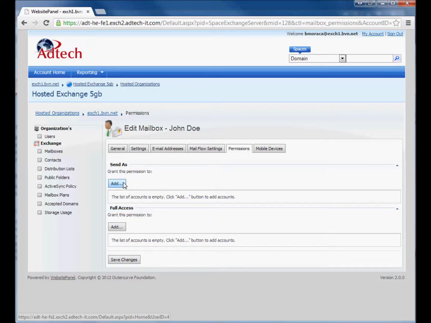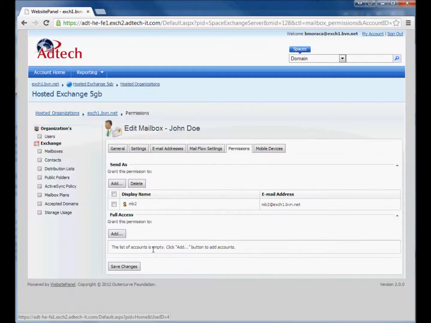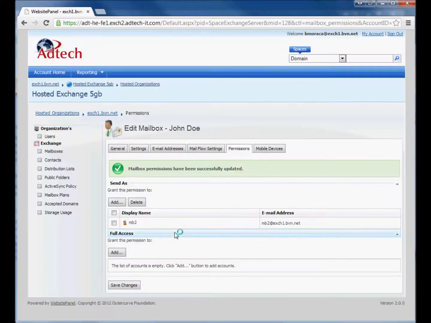To add the ability for another user to send as this particular mailbox, you'll click Add and then choose the users from the list. So let's add MB2 for instance, and click Add Accounts, and then click Save. Now that will allow the user that's responsible for MB2's mailbox to send as if they were sending from John